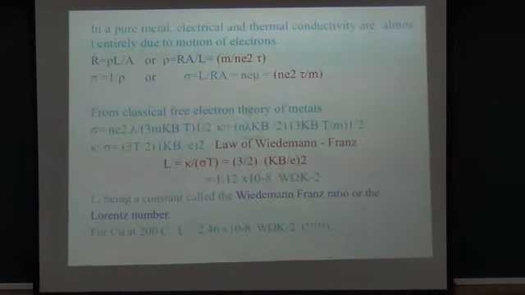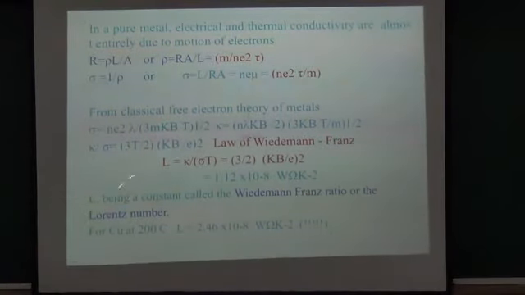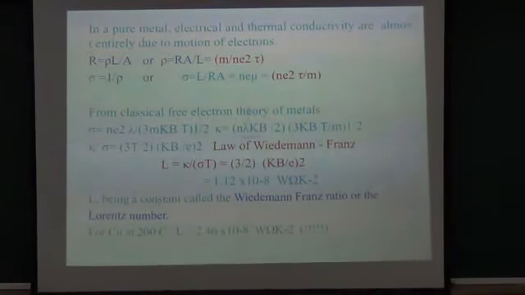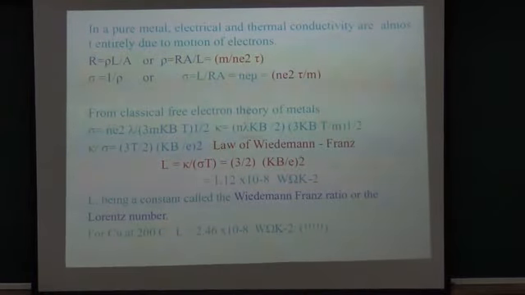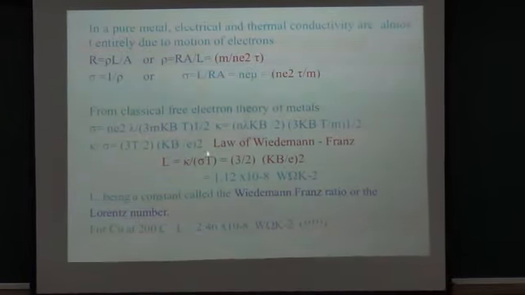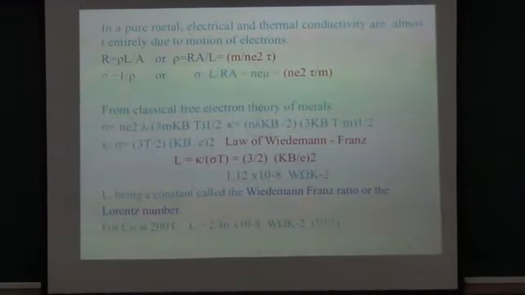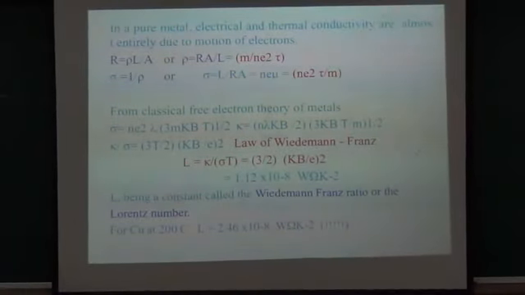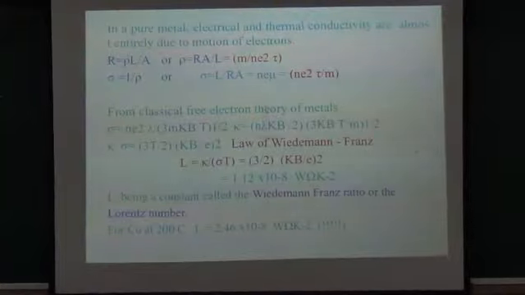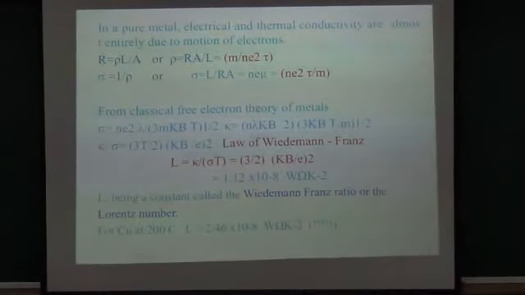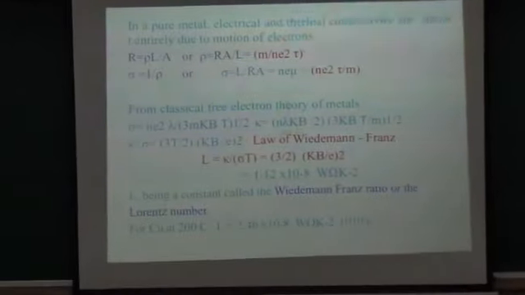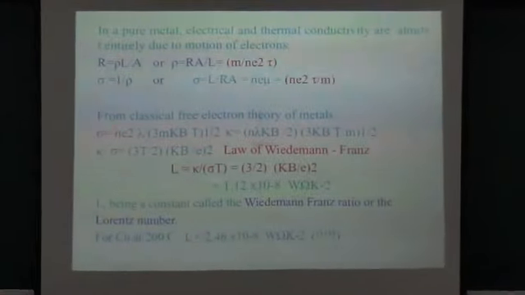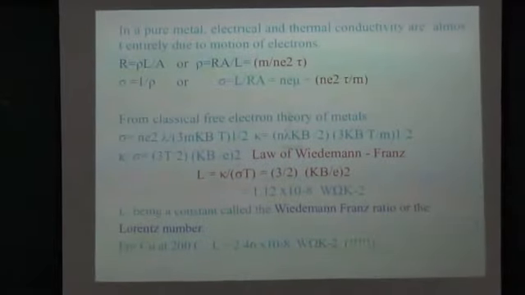In this course, you are going to determine the value of the Lorentz number in two ways. One is by this method, the heat experiment, by determining the values of K and sigma, thermal conductivity and electrical conductivity. Temperature you can find out by thermometer, so we will be able to find the Lorentz number. You will be doing another very simple experiment using a simple transistor, and from the transistor also we will calculate the value of the Lorentz number. At the end of the course you can find out yourself which method gives a better L, or we can compare the two results. So the Lorentz number is this one.